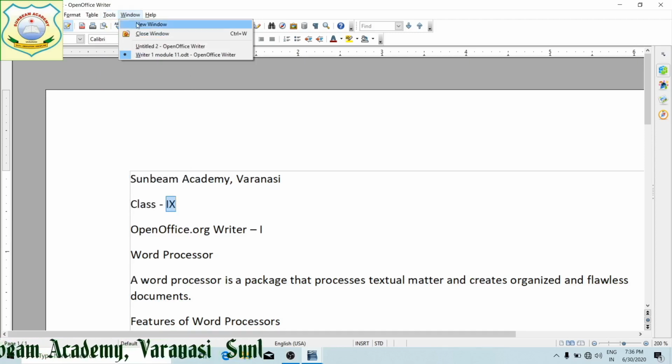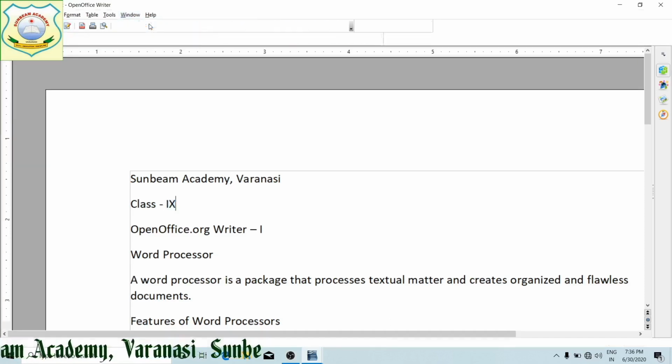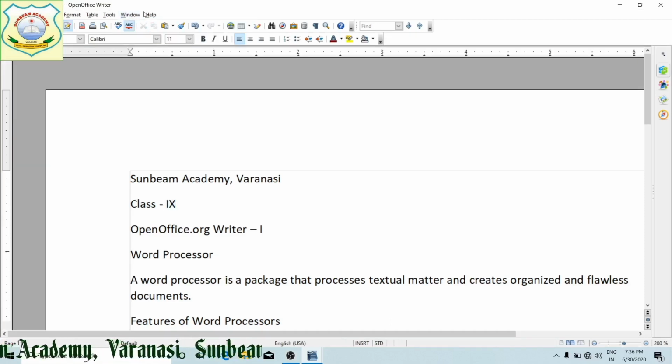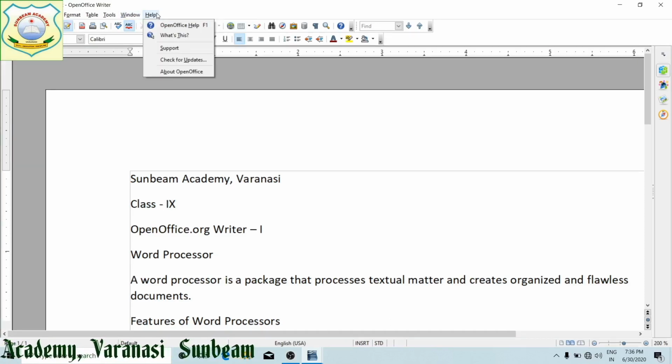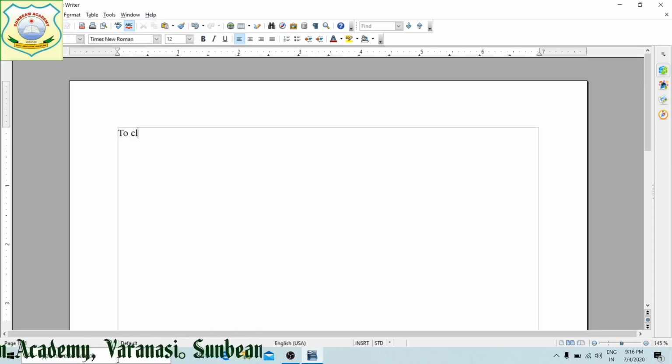This is window, for working with the windows which we are getting over here. Next is help. It provides help about your OpenOffice. Now to close a document,